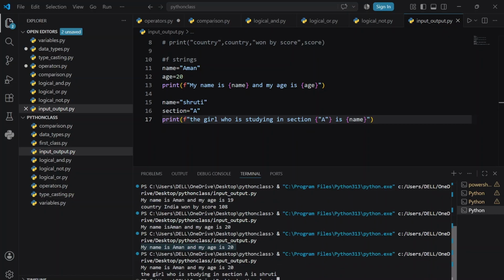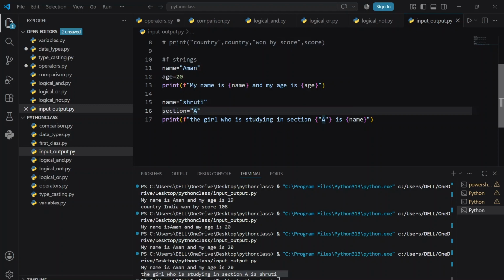As you can see very well, what we are getting is: the girl who is studying in section A is Shruti. So as of now, what I have taken here is name as our variable, and the value Shruti is stored in this variable. The same thing is happening with section and A, and what we are printing by using this f-string,